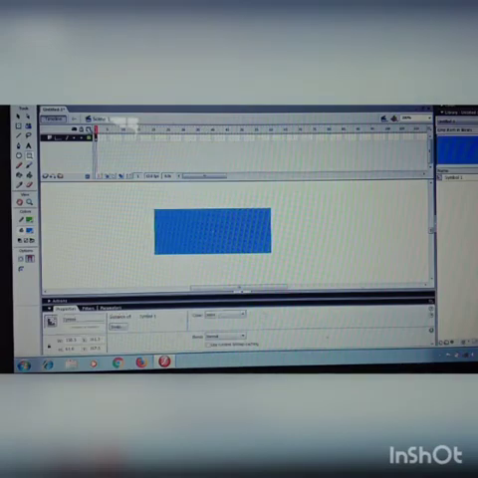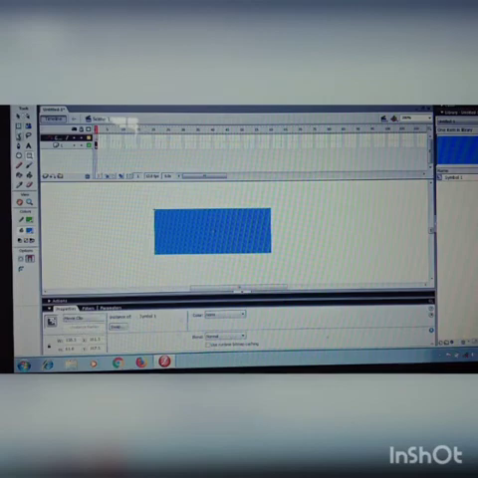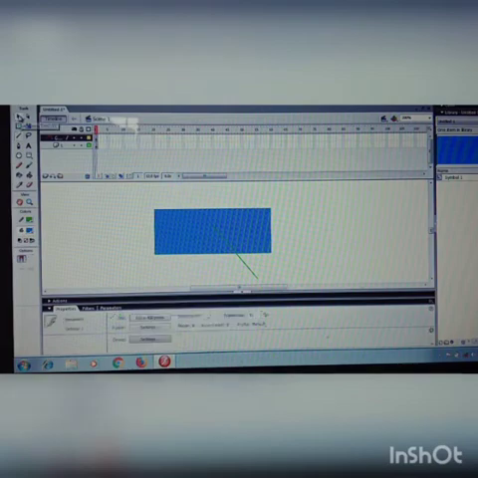Now go to the Insert menu, select the motion guide option. Then take the line tool and draw a line on the stage screen. Then click the move tool. Now you are in a position to change the path from a straight line to a curved line.